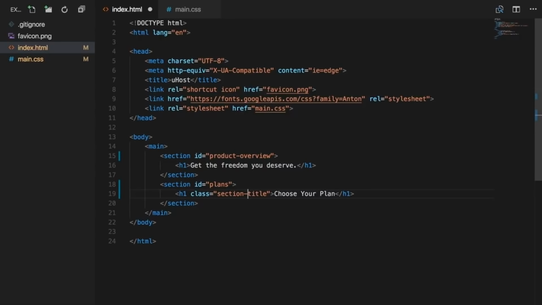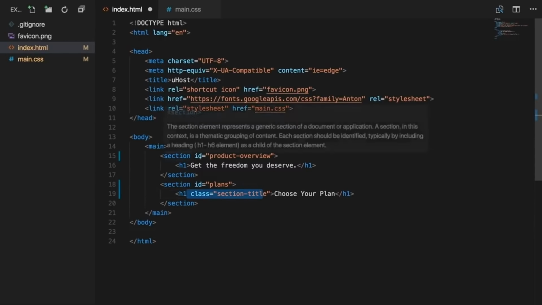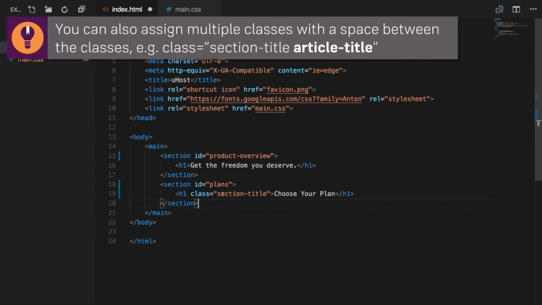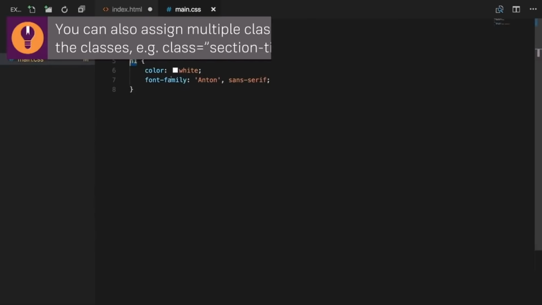And the second thing which is important about classes is you can reuse them. Unlike IDs, you don't just use them once. You can add them multiple times, and a class is always a good choice if there is a decent chance of you reusing it. Otherwise, an ID might maybe be better, though you can always use classes if you want. Here, I defined my class, the name is up to you, and with that, we can go to the main.css